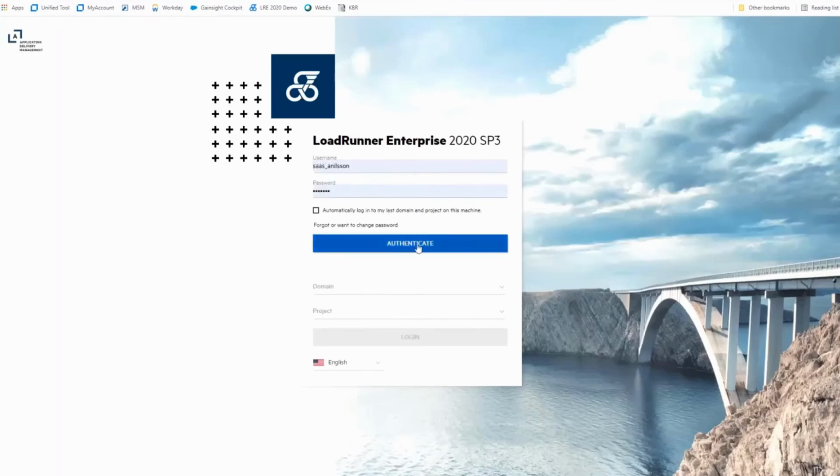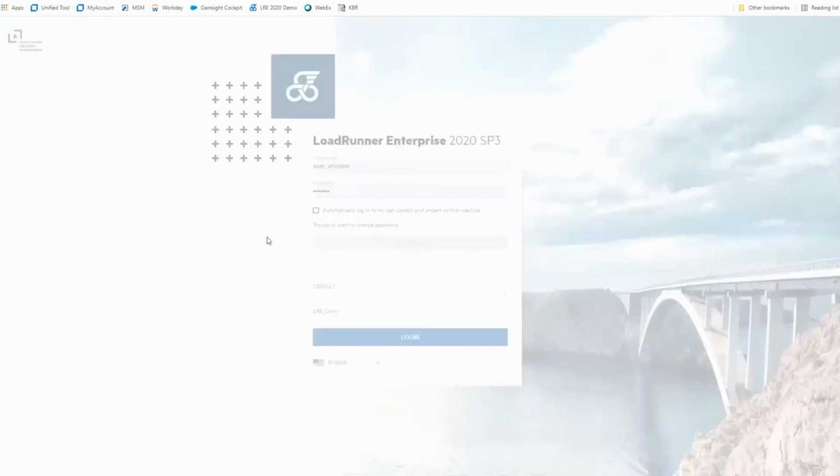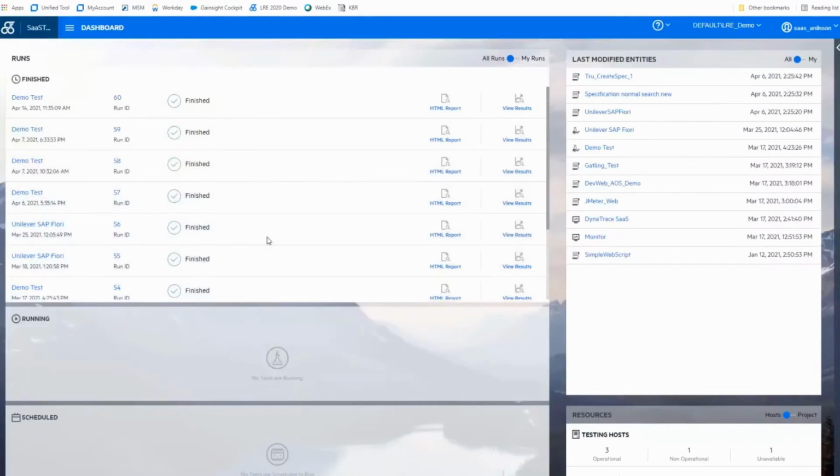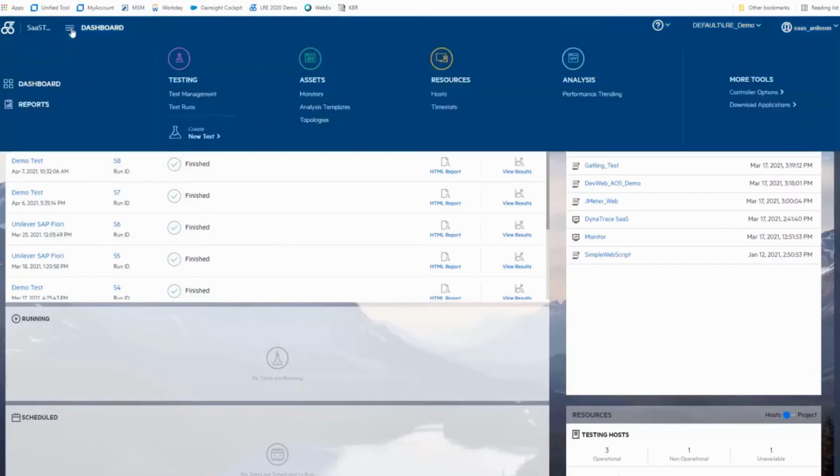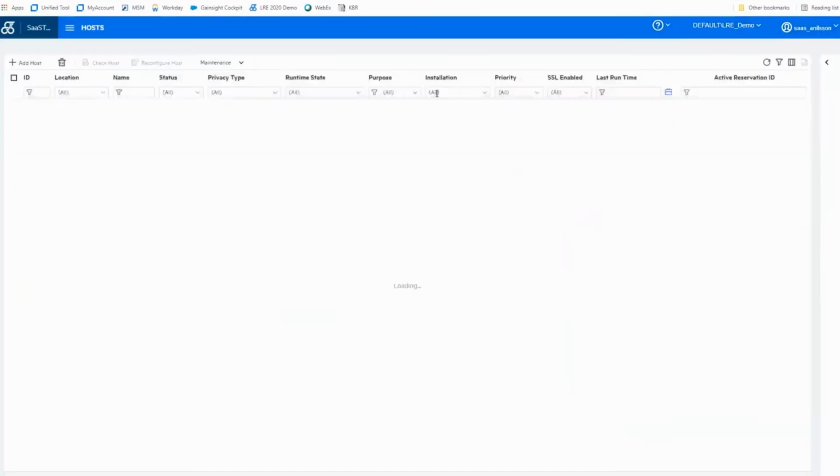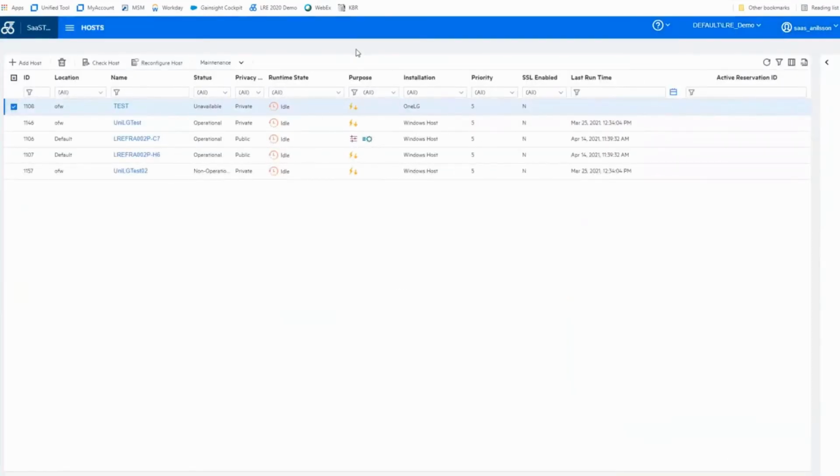So of course the application side is where we go to set up and run our performance tests, and it has a similar look and feel as the My Performance Center link in 12.6.3. So if I move into the hosts area here, it looks exactly like in PC 12.6.3, but if we look at one of the installations here, it's